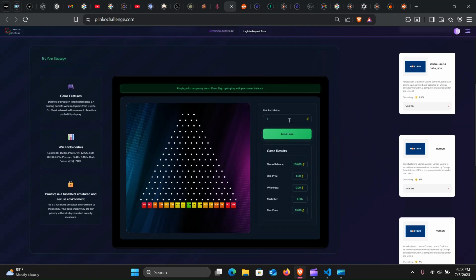So you can set a ball price. This is the demo version. As you can see, there is a demo balance up here. You can set the ball price. As you can see, there will be small instructions that will tell you what you need to do and what is what. As you can see, this is a 16 rows